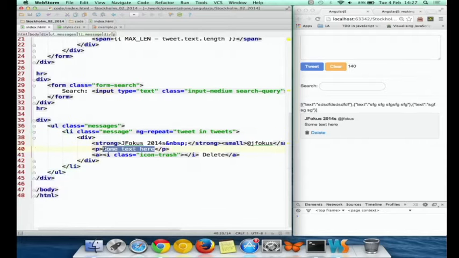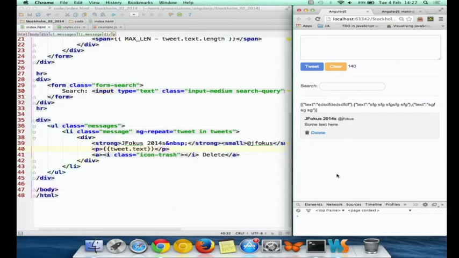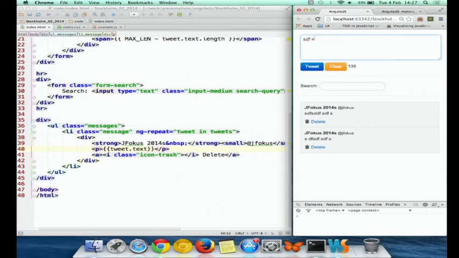So we want to do this. Text. Right, and we can start tweeting now. Very simple. We're just adding things to the collection, and the UI gets updated automatically.